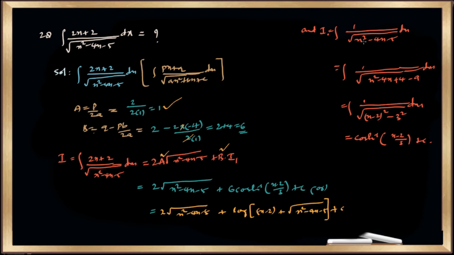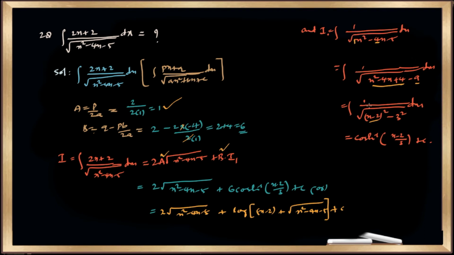So again we have to make a perfect square. The x square coefficient is 1, the x coefficient is 4, half of 4 is 2. Now adding 4 and subtracting 4. If you subtract 4 from the 5, it will be minus 9. So x square minus 4x plus 4 is in the form of a square minus 2ab plus b square, (a minus b) whole square, means (x minus 2) whole square. 9 we can write as 3 square.